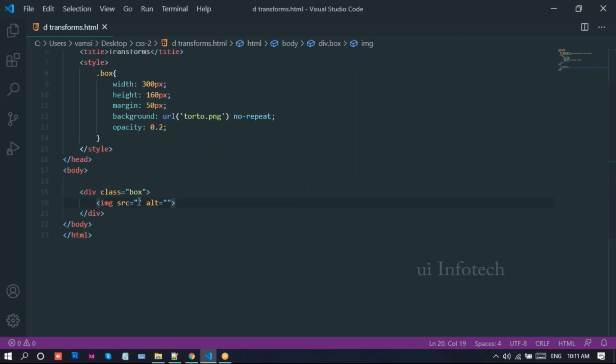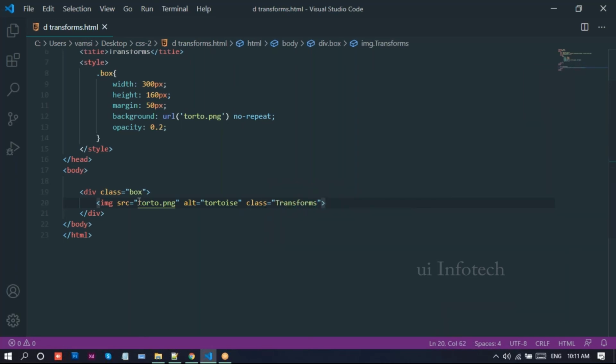Now go to the box. Inside our box, we take the image. In this image, I'll provide the source file toto.png, which is a tortoise.